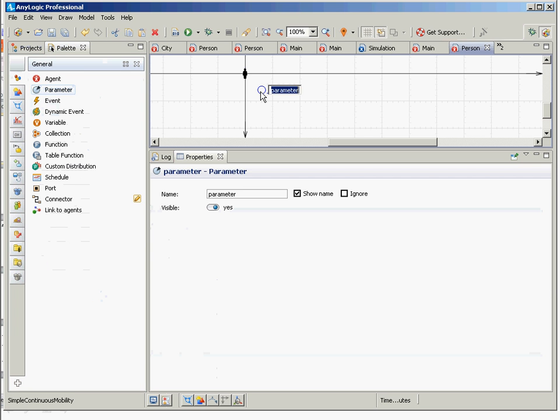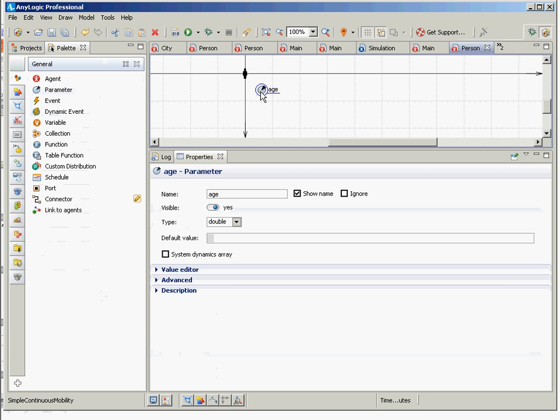Now, in general, ladies and gentlemen, age is going to be, in some models, a parameter, and in some models an aspect of state. Sometimes it's actually going to be changing. In this case, we're going to assume the time frame of the model is small enough that we don't need people to age. I'd be glad to show you aging in a separate context, but just to simplify this discussion, I think we'll treat it like a